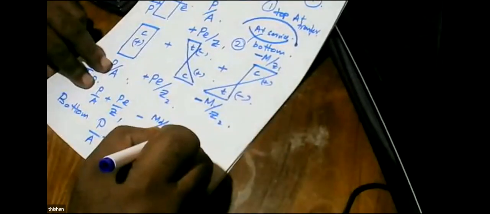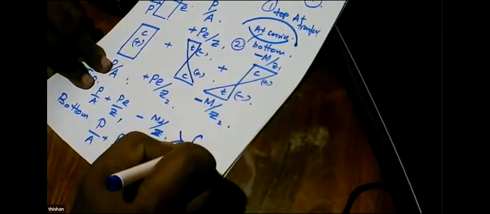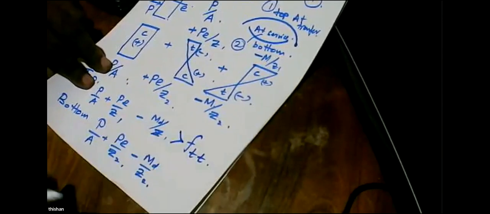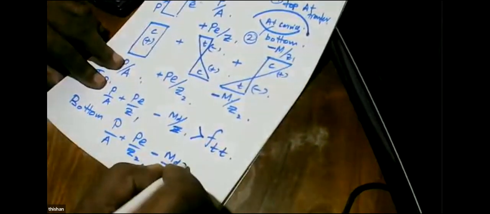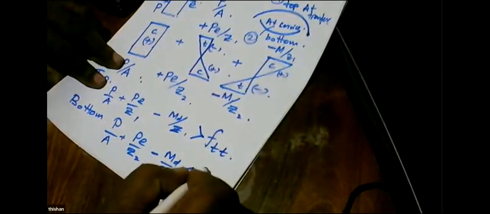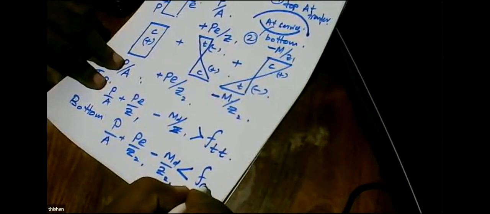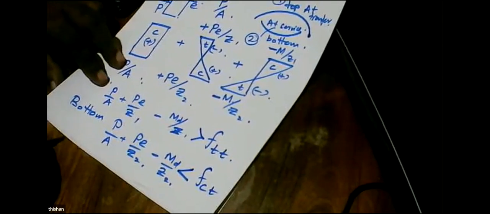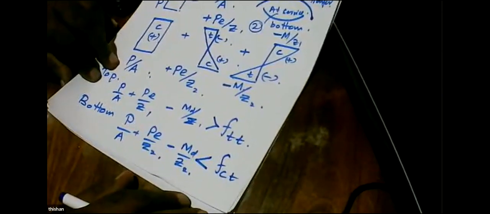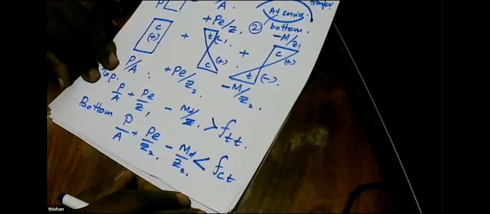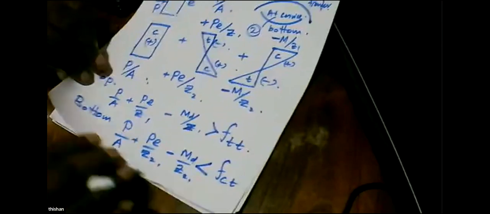So when you get situation number 1, the top fiber can fail in tension. So this should be greater than the tension allowed at transfer. And then the bottom fiber is going to fail in compression. So this should be less than the compression allowed at transfer. So we can write two equations. Is that clear? So basically, what we have is